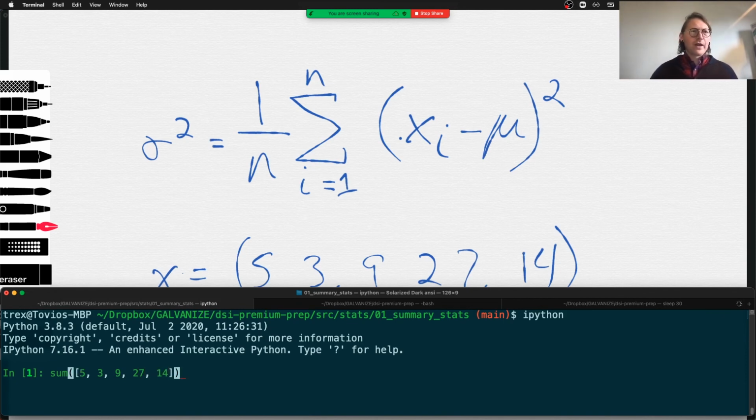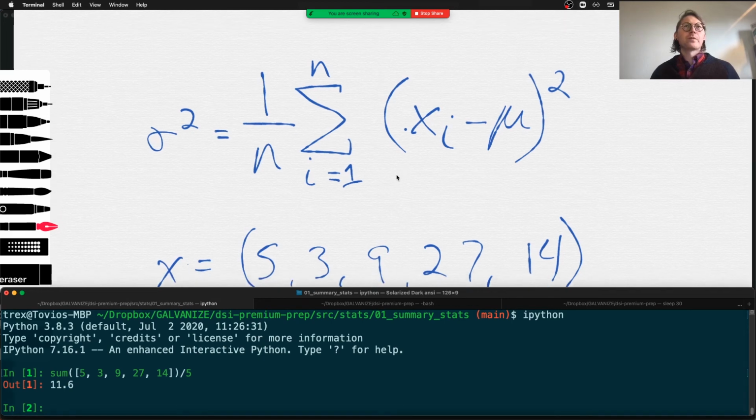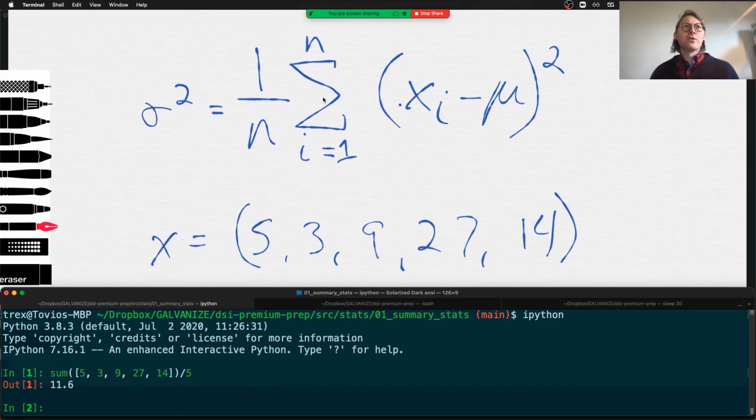And we are dividing by, what is that? 5. So there's our mean, right? 11.6. So I can build a function that will take each of these values, right? So this is like 11.6 minus 5, right, squared,